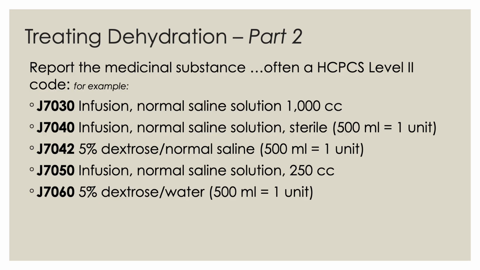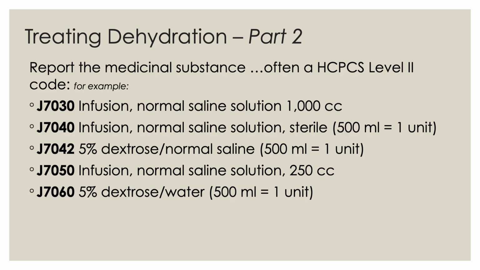So if you look down on our list, you're going to see J7050, infusion, normal saline solution, 250 cc's, not 1000 cc's, okay? So we have to look at that because that's going to affect how we report this. So if the documentation says the patient got 500 cc's, you would report J7050 times 2,